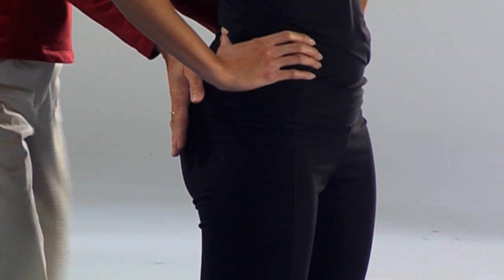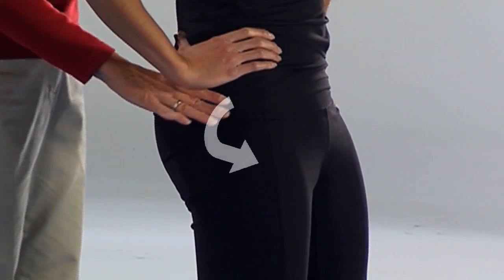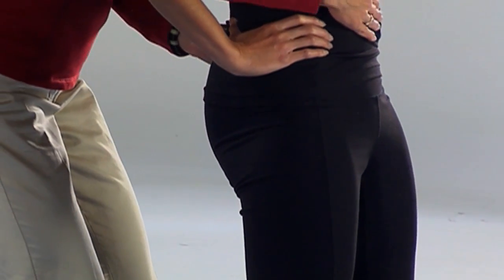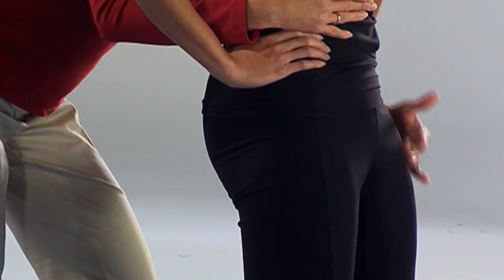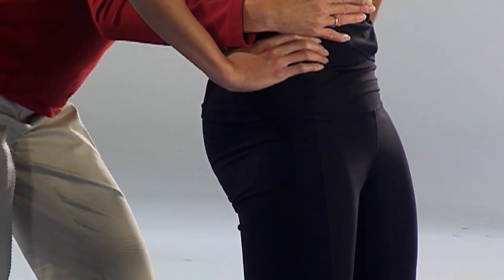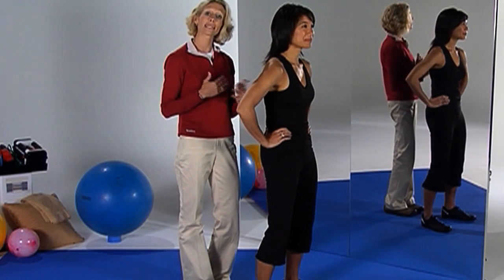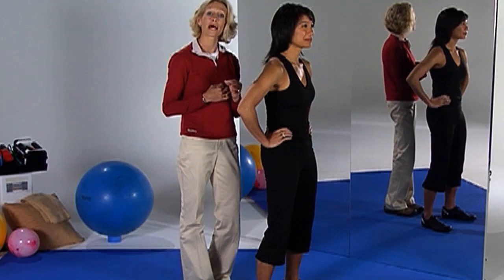If we stand with our hips thrust forward and our buns tucked under, our pelvis is rotated counterclockwise. In this position, we have disengaged our abdominal muscles and our hips are thrust forward, relying now on the tension of our ligaments and bones versus the tension of our muscles. Unfortunately, as we relax the muscles of our back and stomach that help hold neutral spine, we also effectively relax our pelvic floor